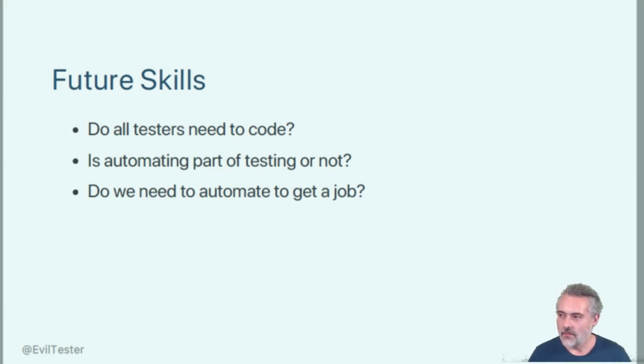Now, the issue is, in terms of do we need to automate to get a job, there are people who are putting out job specs that say, in order to get this job, you must be able to write code in Java and you must be able to use these tools. If you don't know how to do that, you will not get that job. But that doesn't mean you won't get a job, because there are plenty of jobs that do not require it, that do not have those specifications. And if you do learn a particular tool or particular language, that doesn't mean that the next job is going to want those skills.